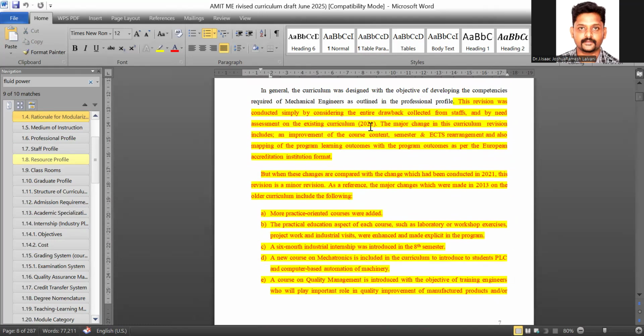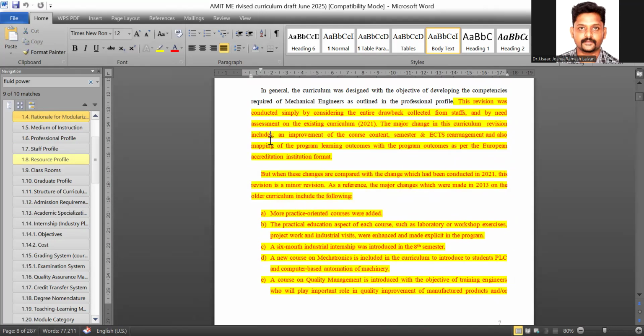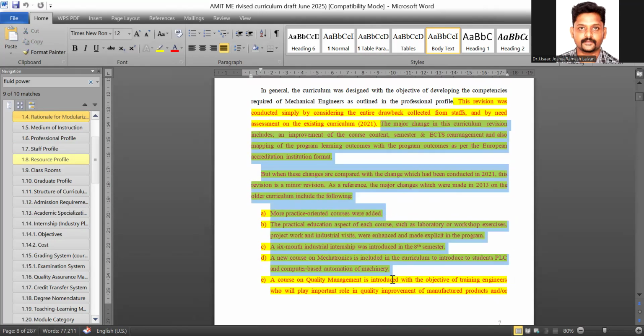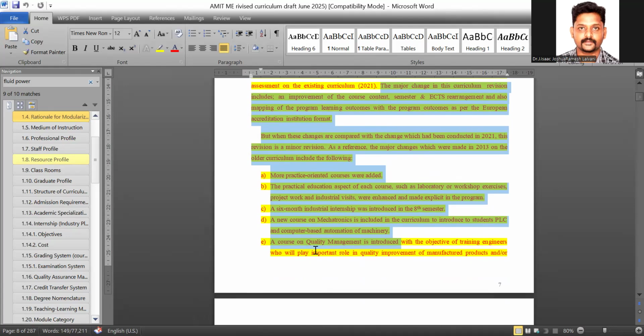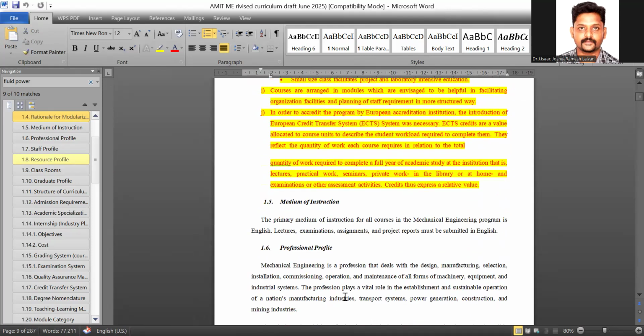For example, some change in the case of motor vehicle engineering, we added electrical vehicle technology, and we have to give justification. And again in our faculty, we also added some lab courses and some courses more than the normal curriculum. Those things have to be added in this part to justify our revision. Okay, so those things we can add here.